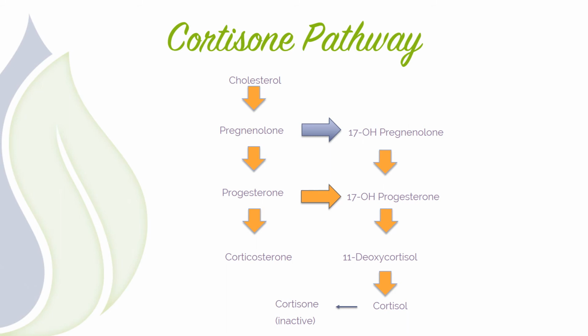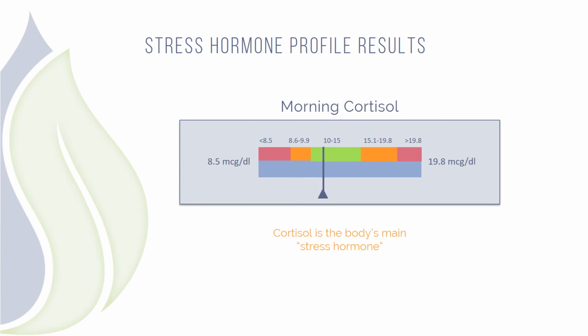Cortisol is the body's main stress hormone. The reference lab range for cortisol is 8.5 micrograms per deciliter to 19.8 micrograms per deciliter. Cortisol has a strong diurnal pattern. It tends to peak in the morning, and if it doesn't get up to normal morning levels, we worry that you're cortisol deficient, or you could even have a disease like Addison's disease, where your body makes inadequate amounts of